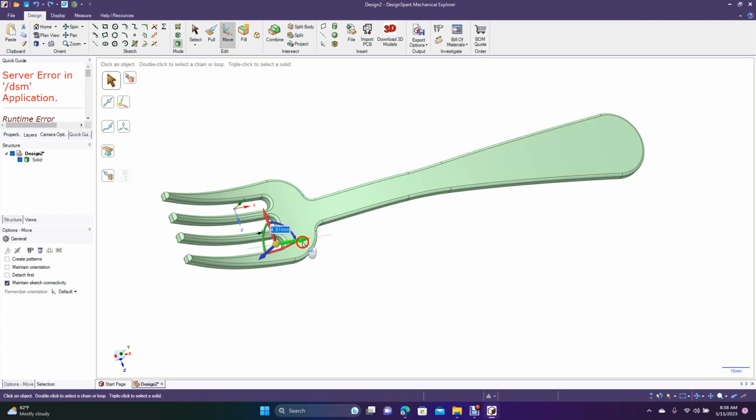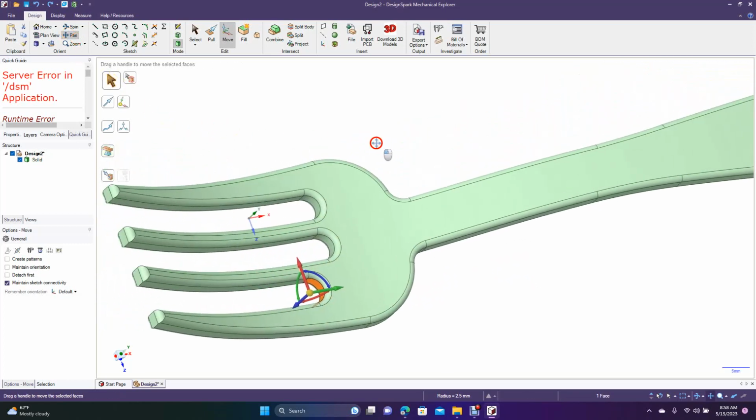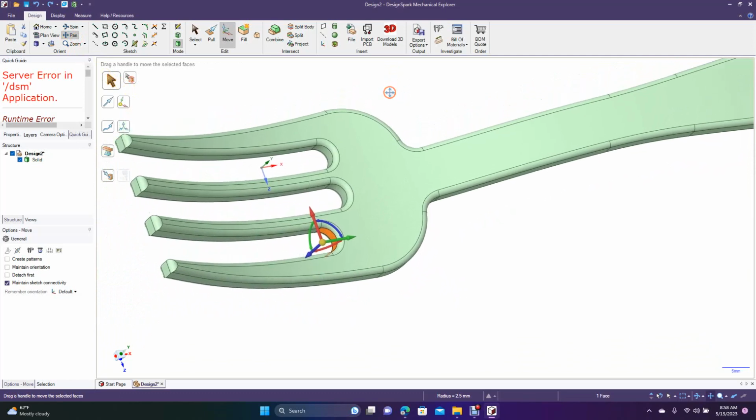So let's go. See if I can let go of this. No, it's not going to let me do that. For some reason it's jumping off on this one. It was fine on the other ones. Okay, so let's